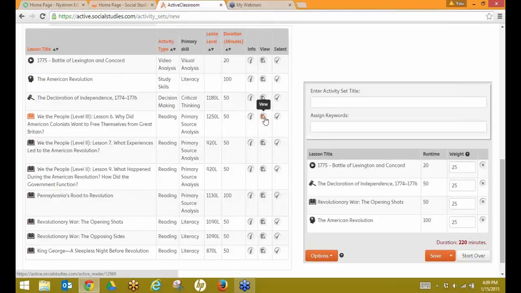But whether or not you're a Common Core state, the skills are still very good. So the skills in this particular activity will really benefit my students, whether they're official Common Core or not. So you want to find those 4 or so activities, put them in the activity builder,